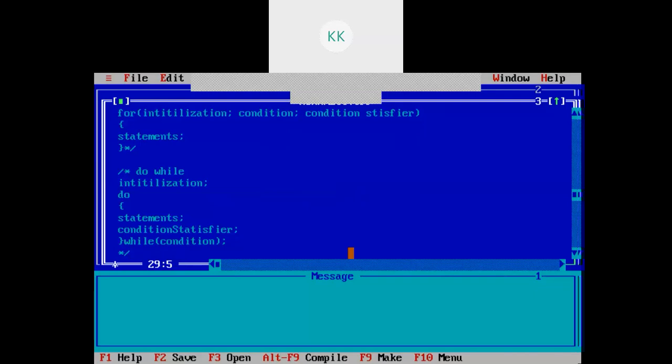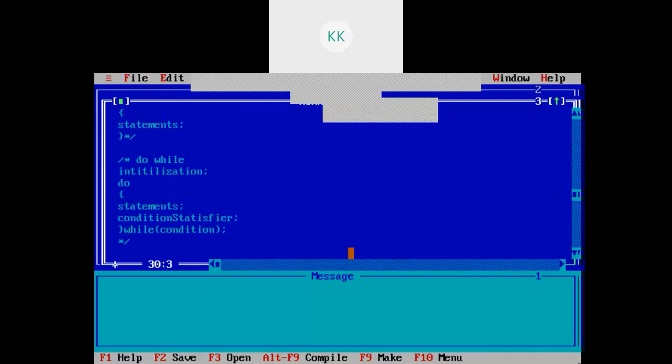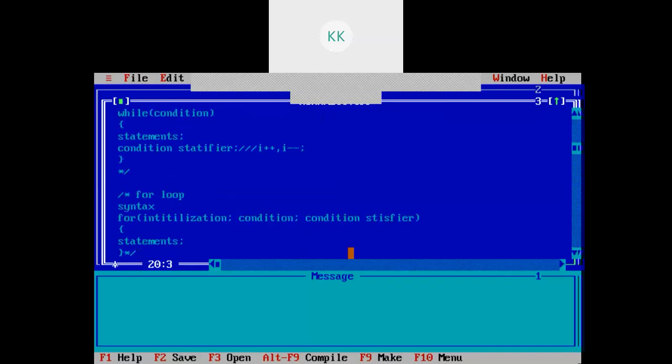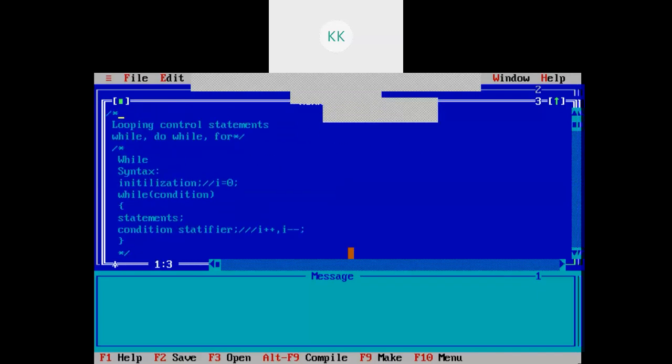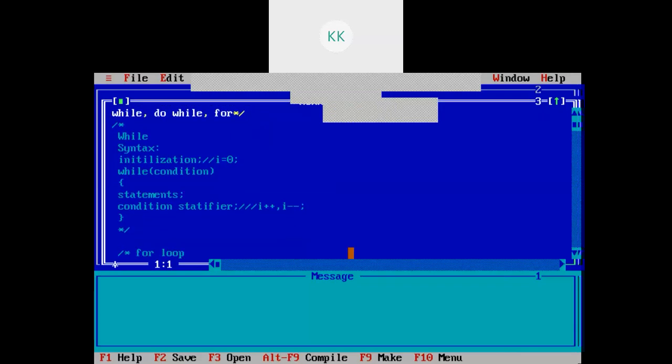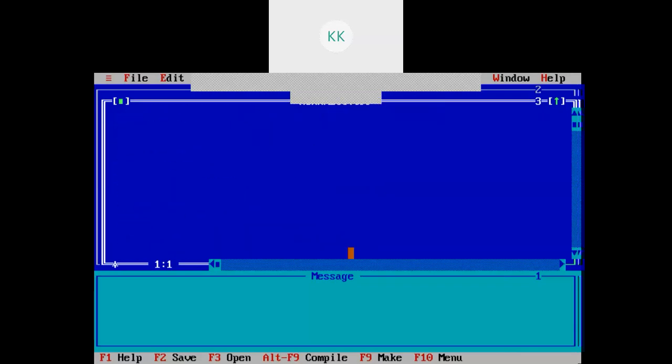So you have seen the syntax for while loop, for loop, and do while loop. Now we will write some examples where we will use these three looping statements.